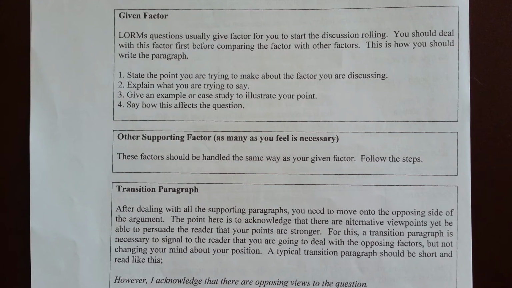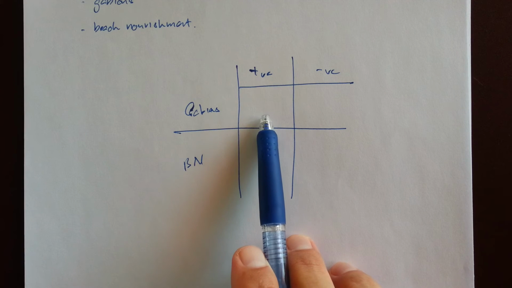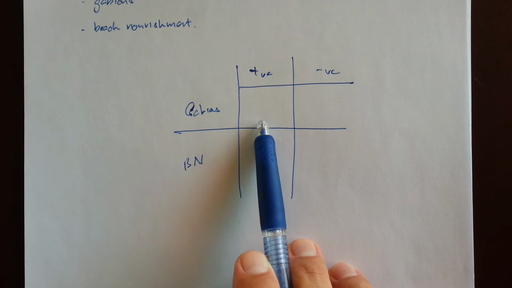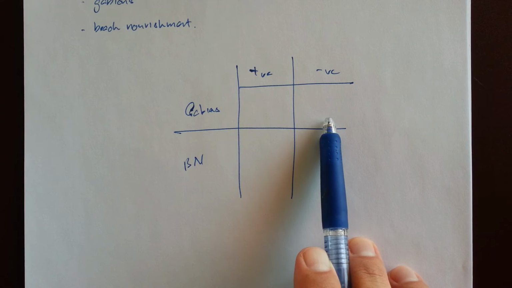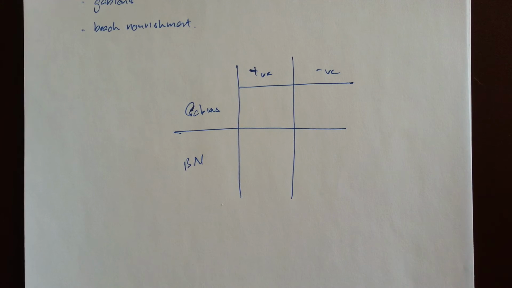Then after you've done one side of the argument, you now need to move to the other side of the argument. Now you realize that if you were to say, let's go back to this planning table, if you were to say that gabions are positive, gabions are great, gabions are effective, and then suddenly say that gabions are ineffective, you would be contradicting yourself. Alright? And any persuasive essay that contradicts itself no longer is persuasive. Therefore,